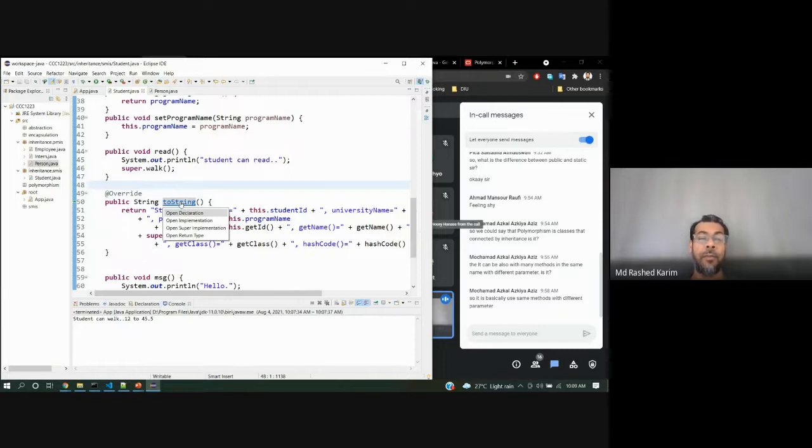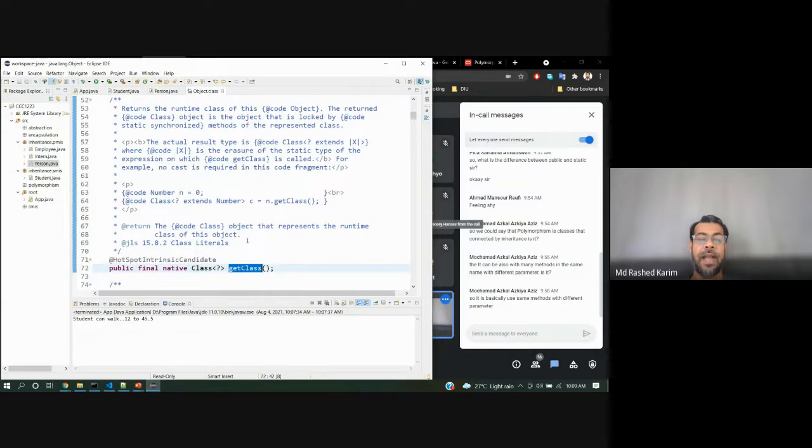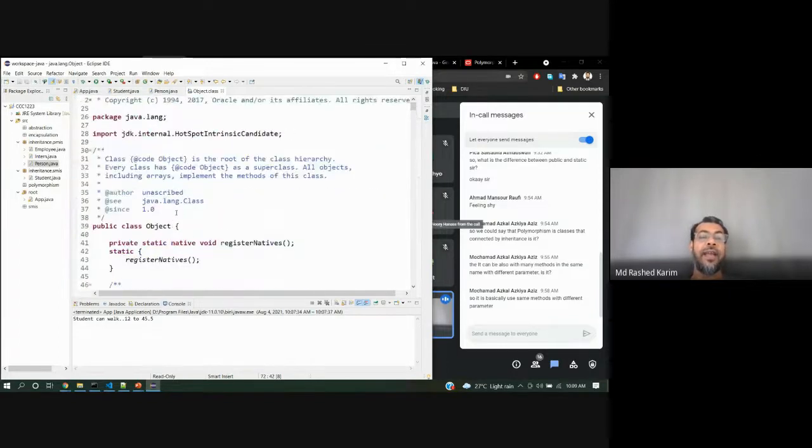If I open the declaration, I want to go to the Object class. This is the Object class you have. This is the super parent of the Java programming paradigm.